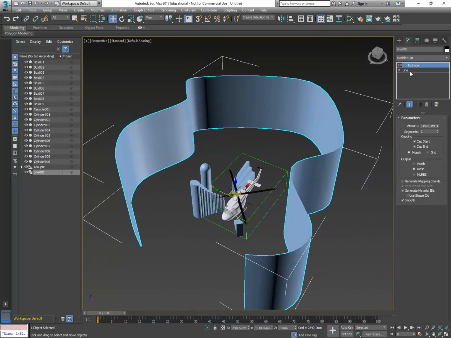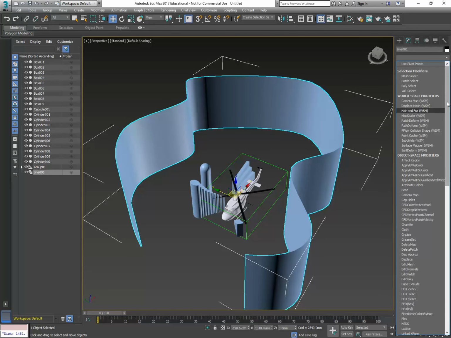Okay, so it's just with a line and then you add extrude. That's it. And what about if you wanted the wall at an angle? Okay, so lines can go up like that, and it's going to be a spiral. Spiral's a bit more complicated, but essentially what you can do now is either convert it to